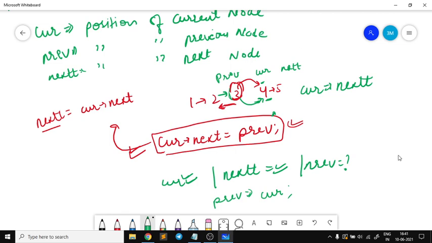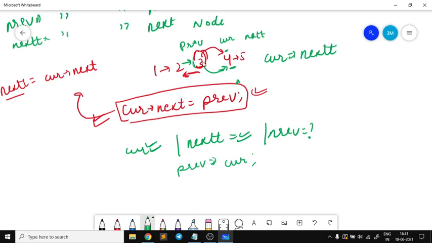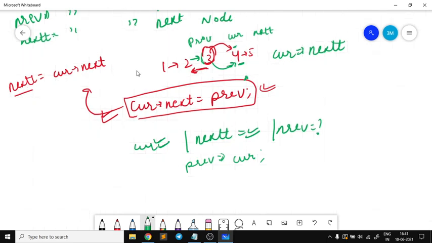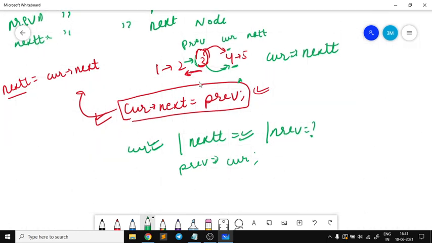So if I look at it step by step, I was at 3, correct? First of all, I stored the next address, because if I write the other step before this one, my next pointer of 3 to move forward will be lost. I don't want to lose it, so I did next is equal to current next. Now I have to shift the next pointer of this one, so I did current next equal to previous, correct? Now I have to move the previous one ahead. I will do it by previous is equal to current.